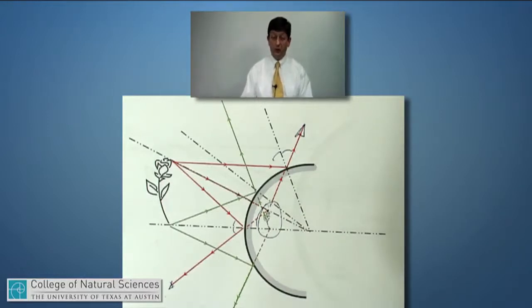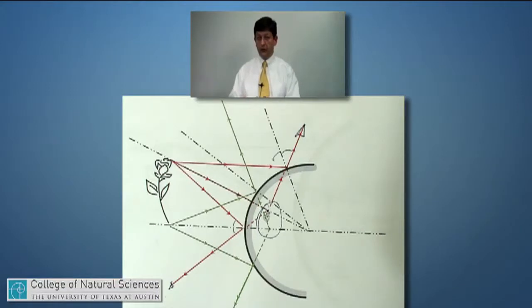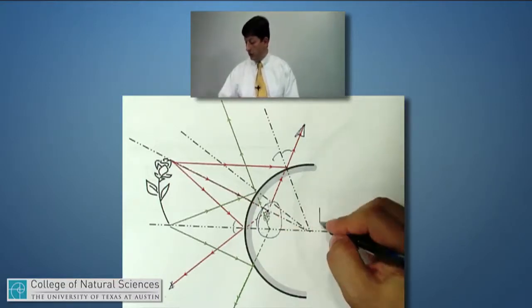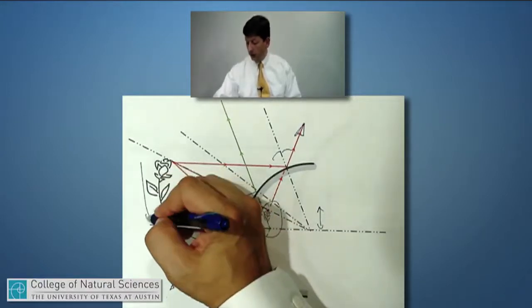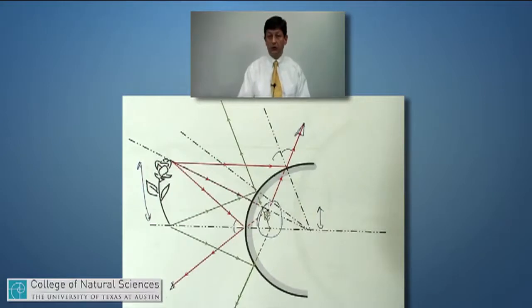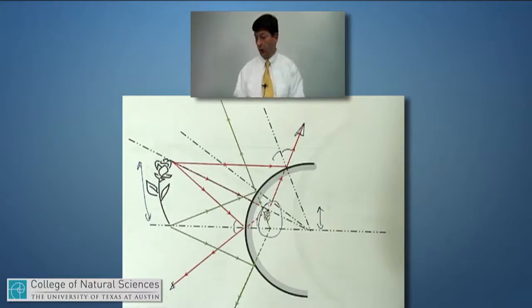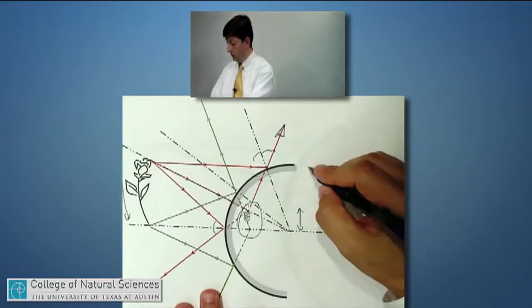I see the image of a flower, and it's behind the mirror again, just like it was with a flat mirror. But notice something important here. This image is considerably smaller than the actual object. Notice how much bigger the object is. So curved mirrors have the potential to change what we call the magnification of the object. The magnification